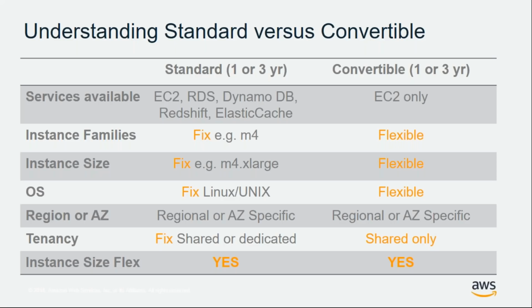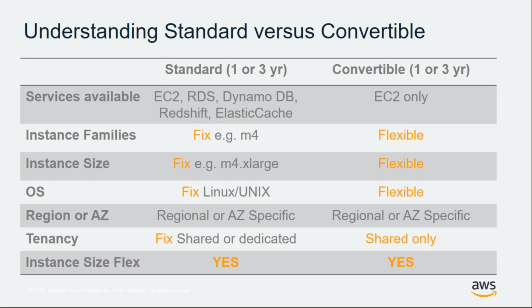So I'll go into instance size flexibility on the next page, but I just want to compare that to a convertible. Now, a convertible applies to EC2 only, but all of those parameters which we previously said you had to agree on up front, well, they're flexible. So yes, you choose an instance family to start with, and yes, you choose an instance size, and yes, you choose an operating system. But for the duration of your reserved instance, you can change those parameters as many times